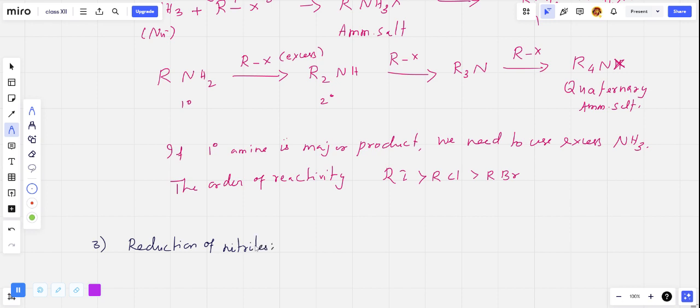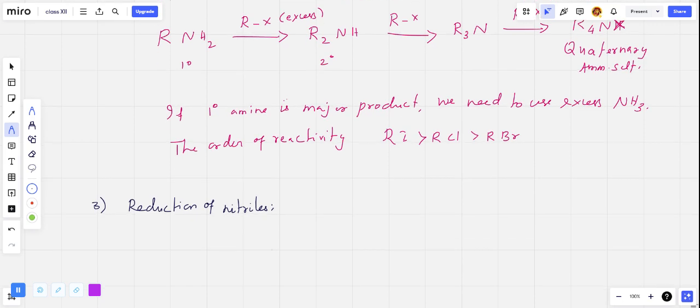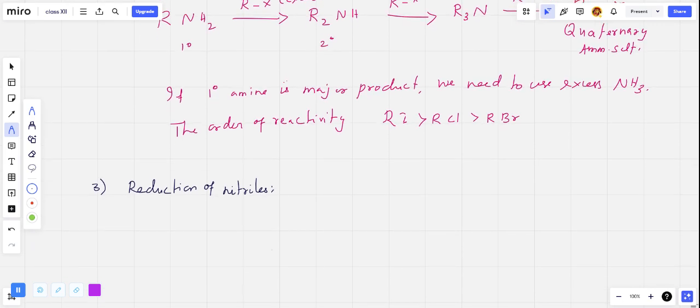Nitriles means, what is nitriles? It's CN, cyanide. So this is nitrile. So alkyl nitriles, on reduction